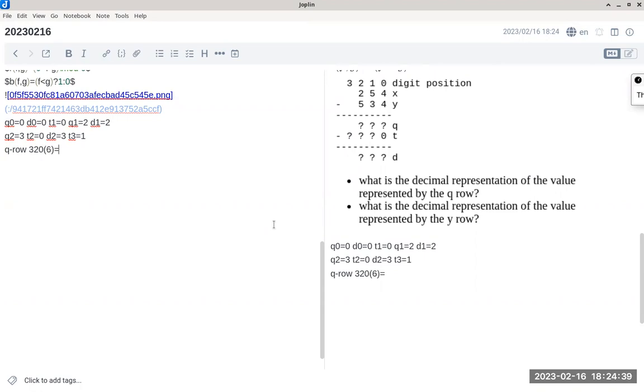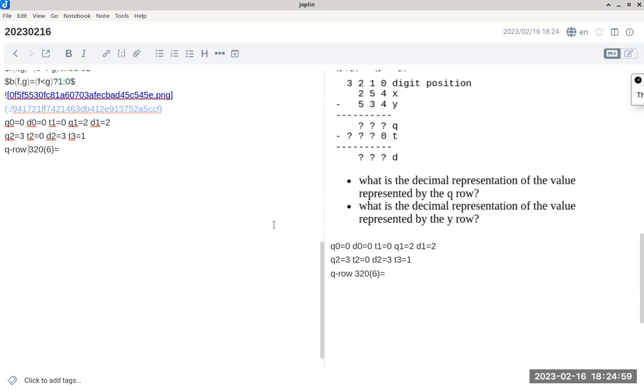So this time I need you to explain to me, because I don't want someone to just whip out a super smart scientific calculator that has base 6 to base 10 conversion and just write out the answer. So you have to tell me, how do you figure out the answer? So this one is,